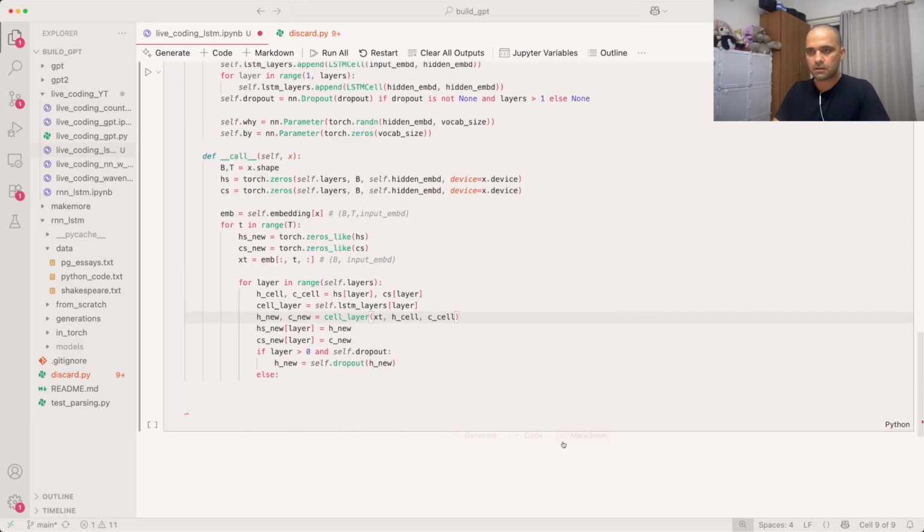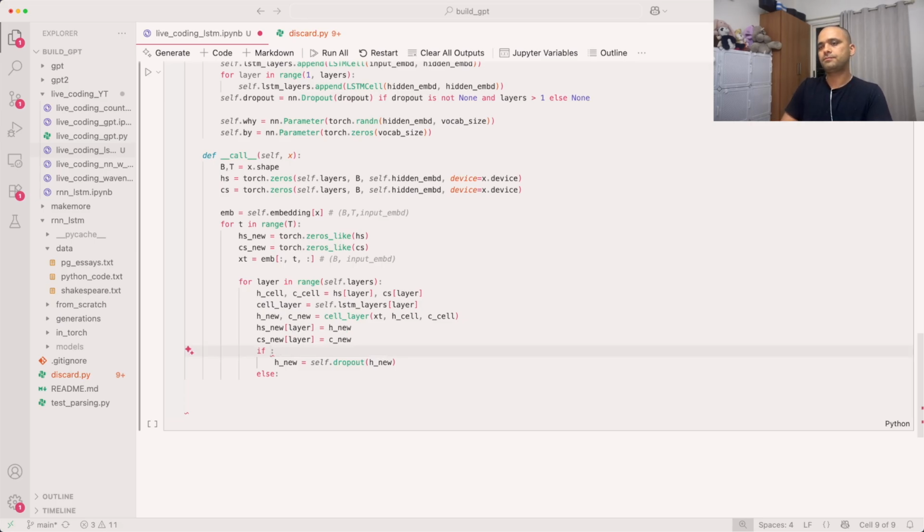Okay, sorry, my bad. I think what we have to do here is: if layer is less than self dot layers minus 1, that is, if we are not at the last layer, from 0 till the second last layer, and self dot dropout is not none,